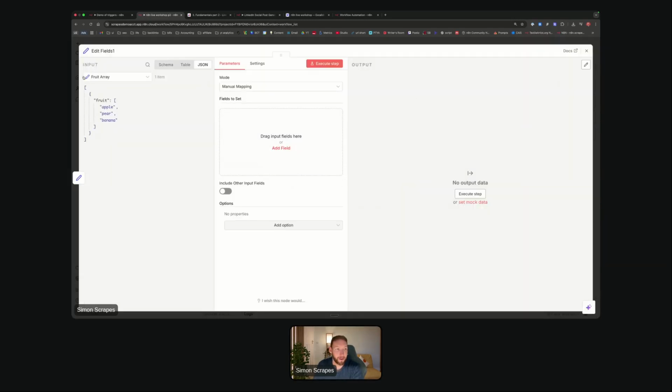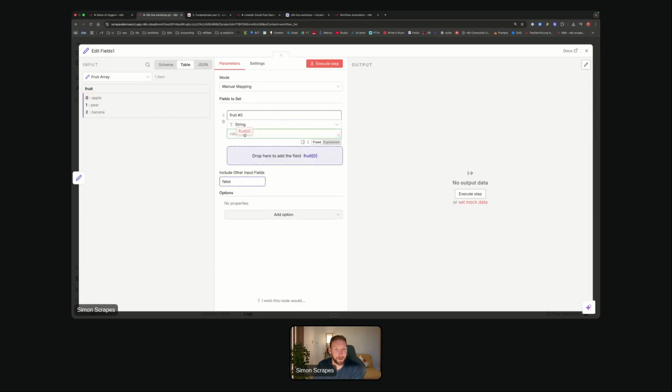And it's going to start with the input, which we've seen from our fruit array, is this fruit array, quite literally. And then the fields to set, what we're going to transform here, we just want to grab fruit number, we'll call it 0 for continuity's sake. We just want to grab fruit number 0 from the fruits array. So what we can do is either go in here and do the same again, grab fruit number 0, or